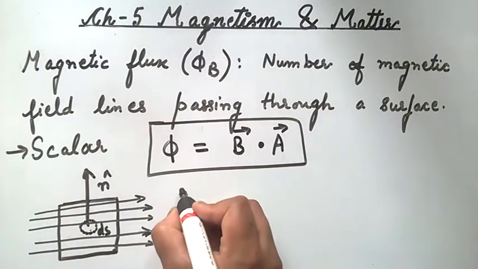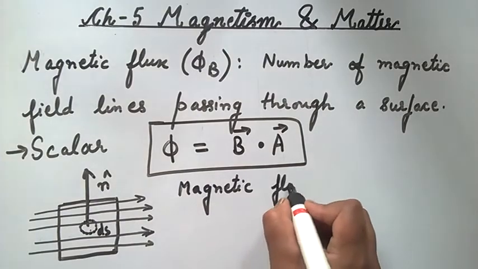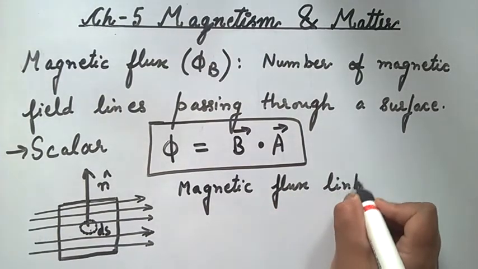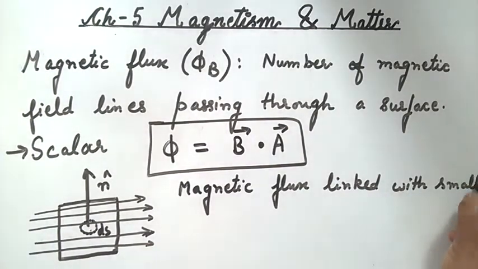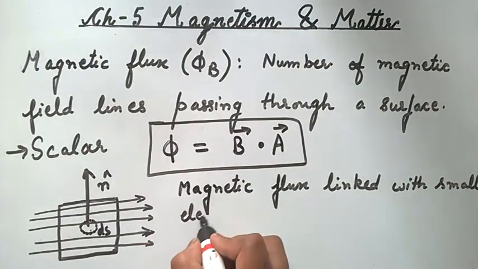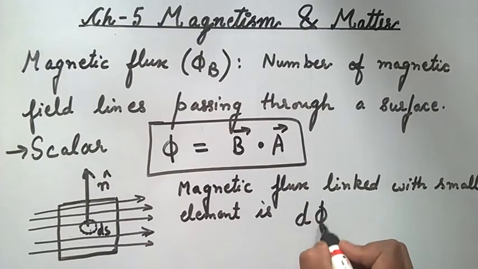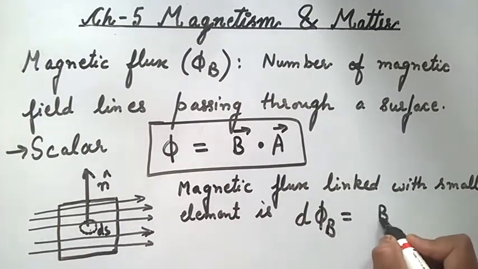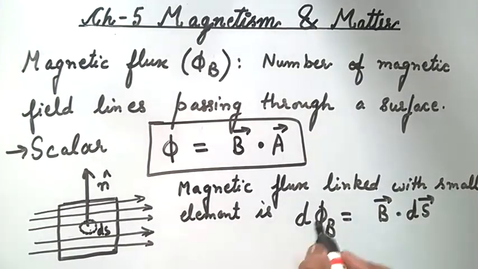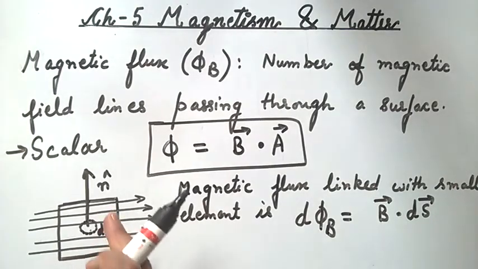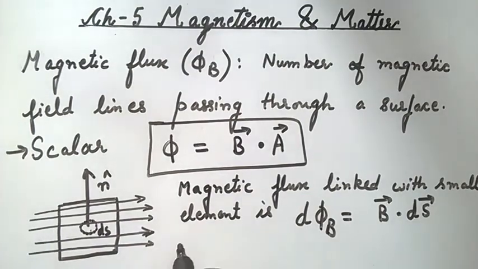So, the magnetic flux linked with a small area element is d phi B equal to magnetic field into small area element, and the total magnetic flux due to the total number of elements is equal to